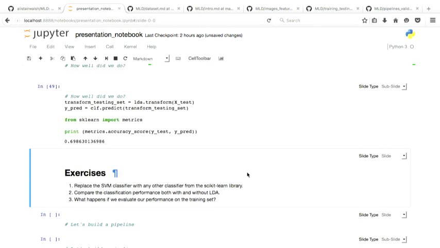So we've got some time now for you, if you've been following along with the code. Because this is the standard process of select a model, train the model on the training data, and then test it on the testing data, you can replace that algorithm with whatever else you like in the sklearn library. It takes standard inputs and gives standard outputs. So if you're following along with the code,